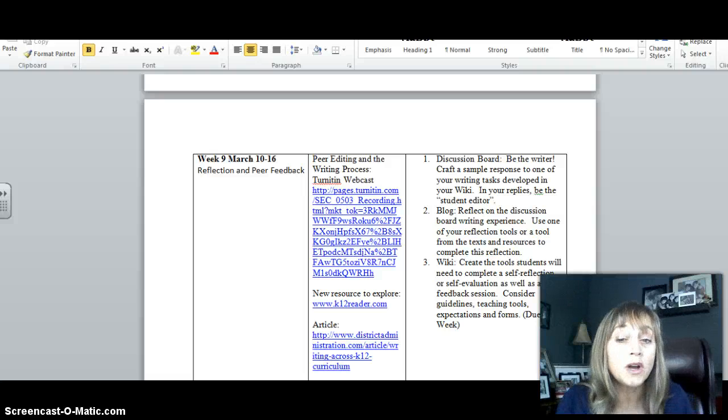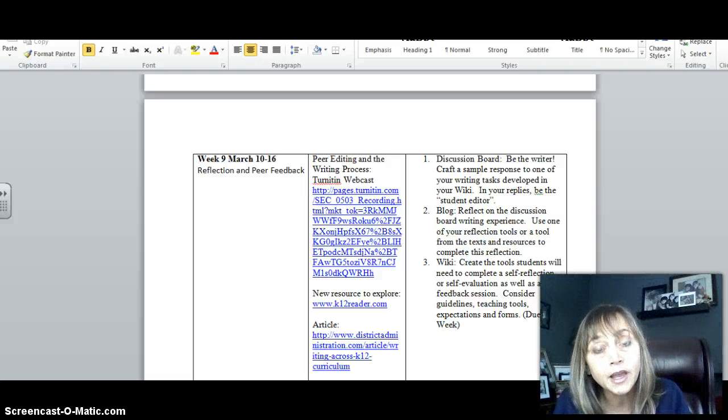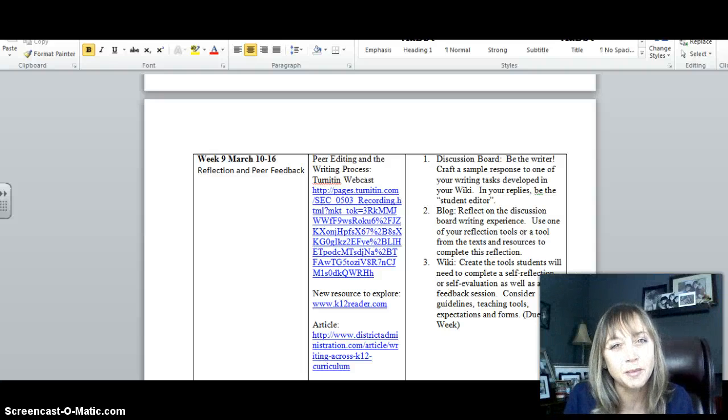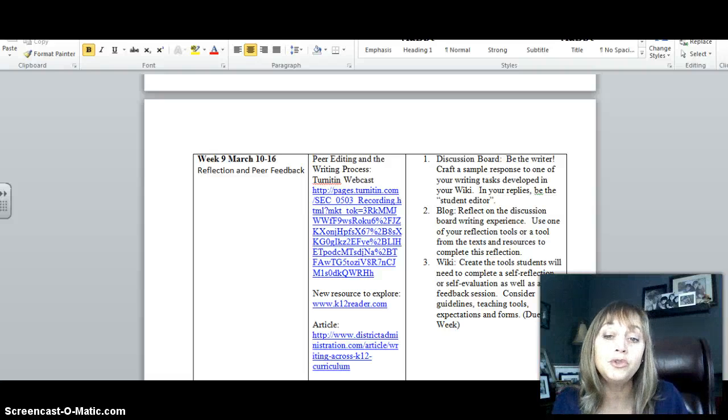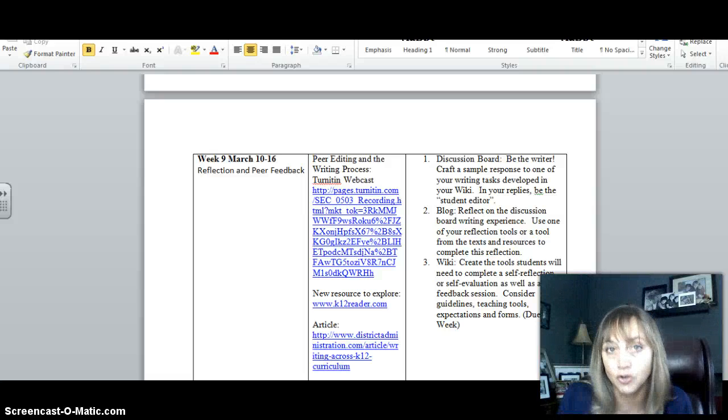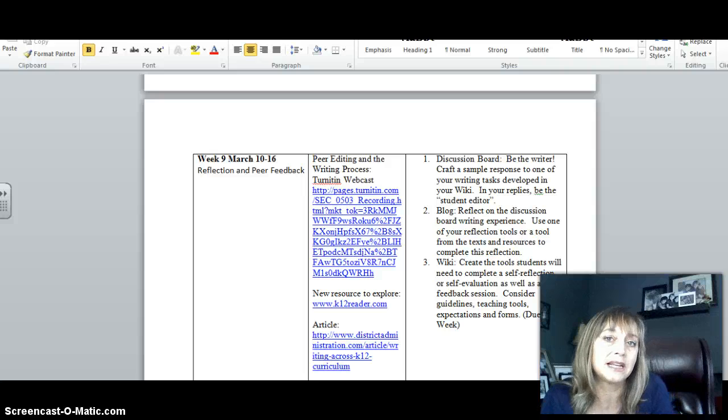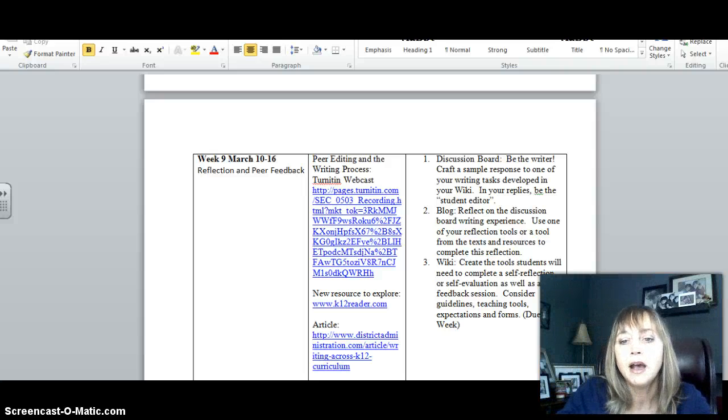You can use one set for every one of your writing prompts if that works, but you may need to tweak them for them to work for all four. I'd like something for each of the four writing tasks you've created. I don't mind if you use them over, that's not going to ding your grade, but make sure that they work for all four. So you might have a similar peer feedback for every one of them, or you might even graduate it and say, okay, this is going to be a first step, and this is a second step, that kind of thing.